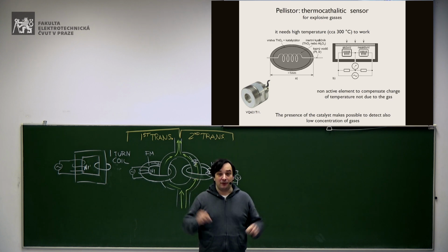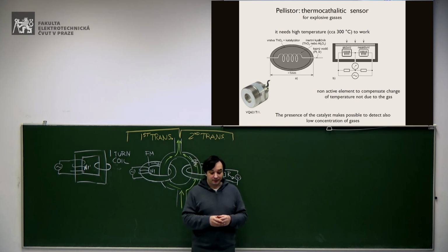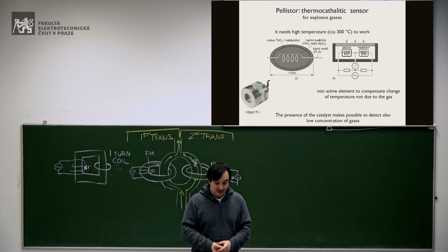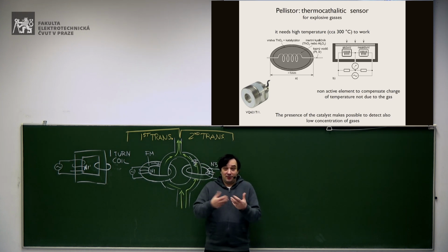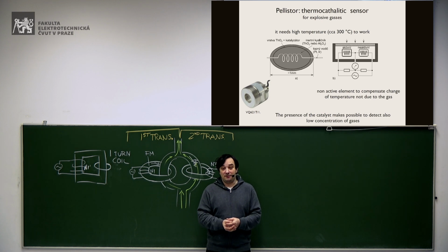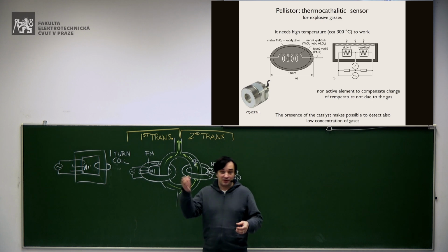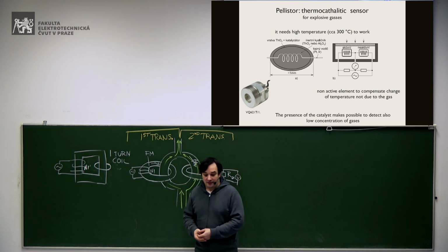So basically, you create some micro combustion of the molecules of these flammable gases inside the sensor. This will give some energy. It's exothermic, so it will release some energy, which will warm up the filament, and therefore you can measure the resistance. Once you give a constant current, then you can measure the output voltage.